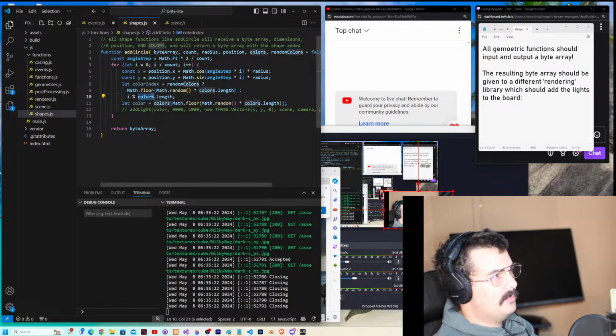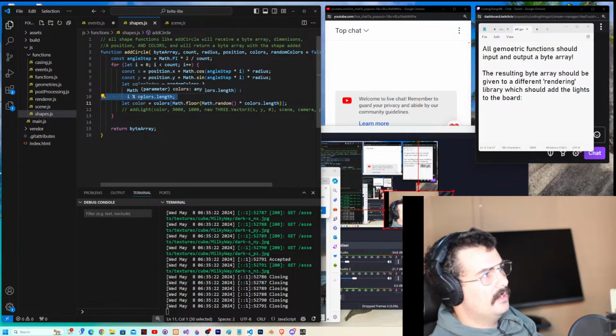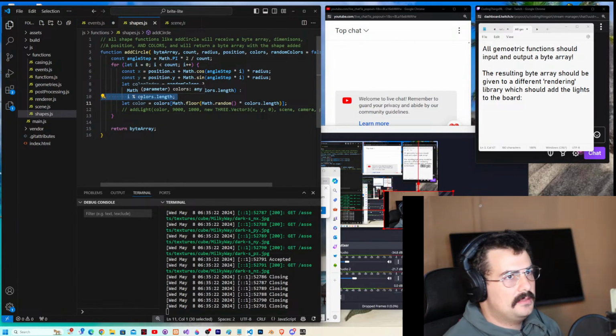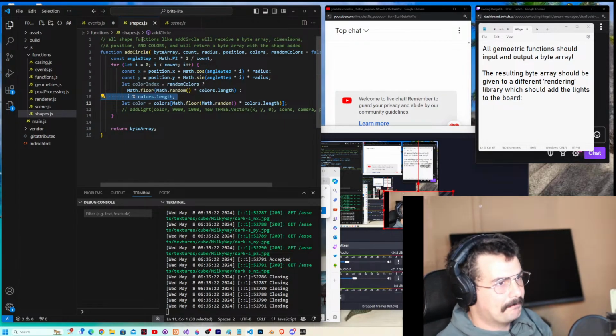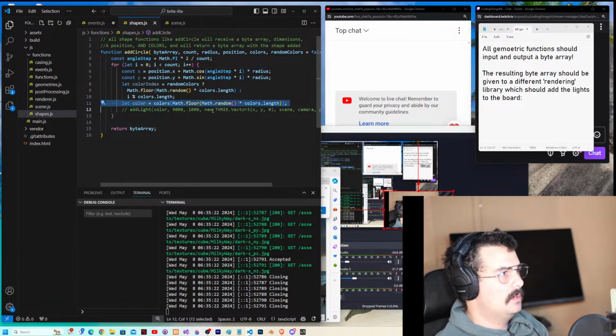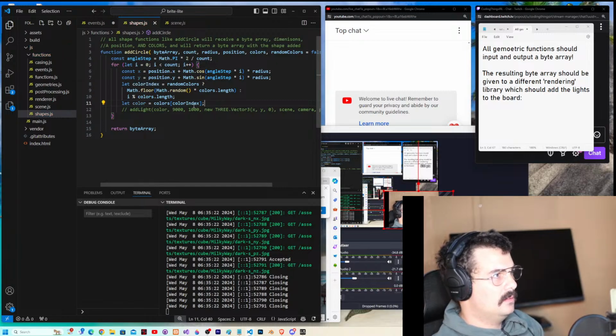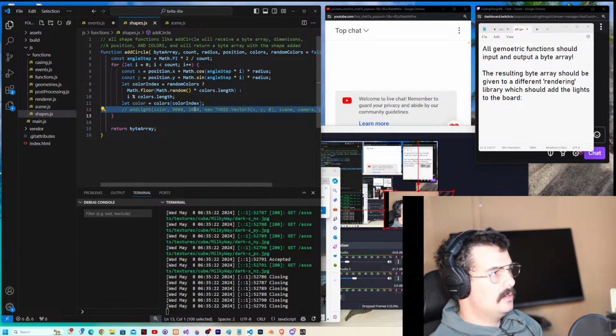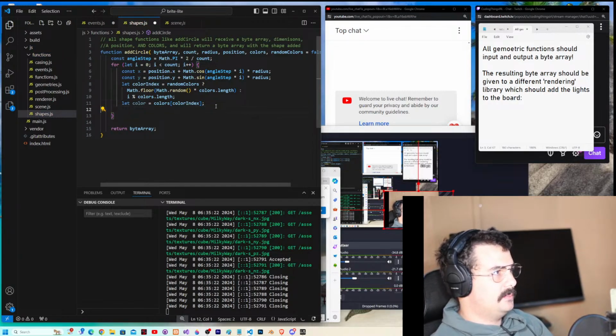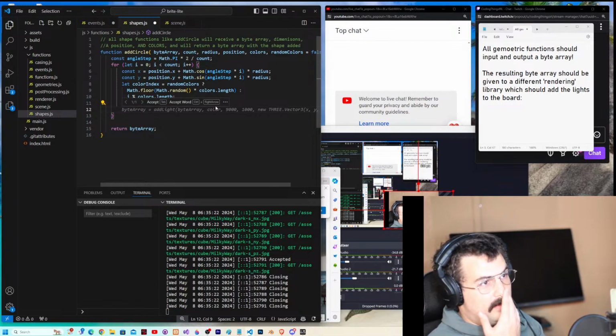Then if not, then we'll modulo the current iterator by the color's length to get the sequential color that we're picking. Simple, right? And then the last thing that we do is we mutate the byte array,